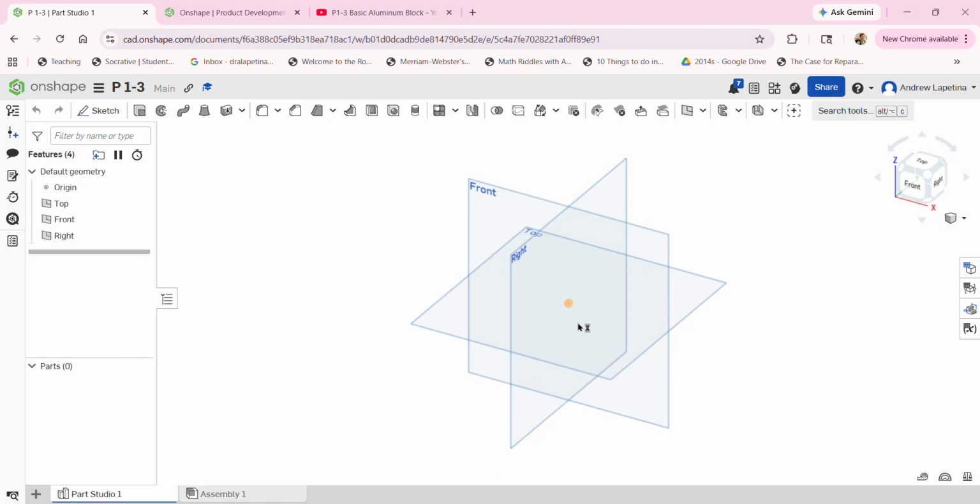This part is pretty cool because you can make it a lot of different ways, and this might be a good example